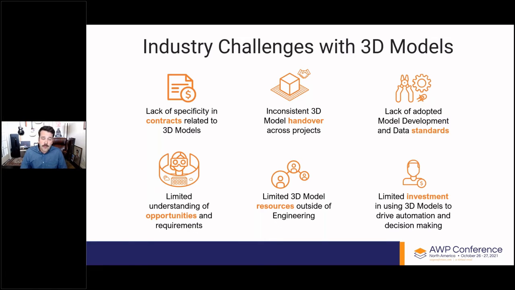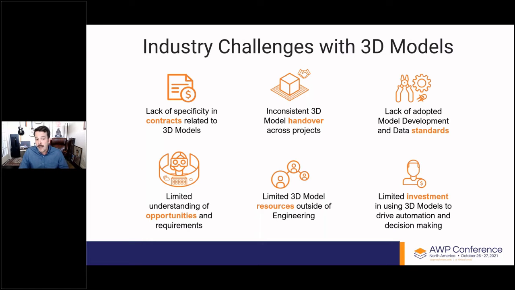And as we all know, the 3D model lives in engineering. It's born in engineering, right? We've been creating BIM and 3D models for 40 years, right? And think North Sea offshore, where Aveva and PDMS got its start. So for over 40 years, we've been creating 3D models, but all those resources around BIM and the 3D data